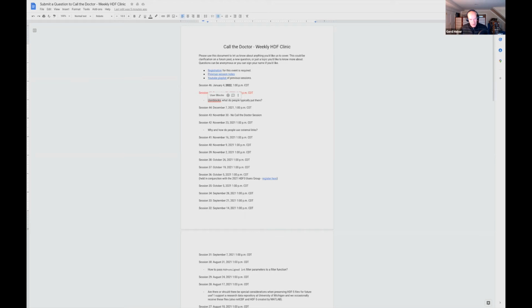And so this is the idea of the user block: users have the ability to create a compartment, if you wish, at the beginning of a file where they can put whatever they want, and the HDF5 library will not look at that space, it will not touch that space. It's completely at the user's disposal. Now, the question is, well, why is that a good idea? Give me an example of in which context this is useful.